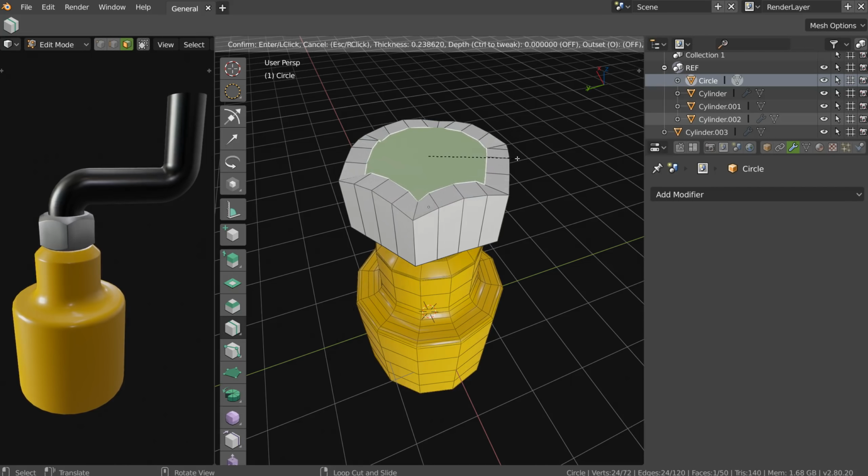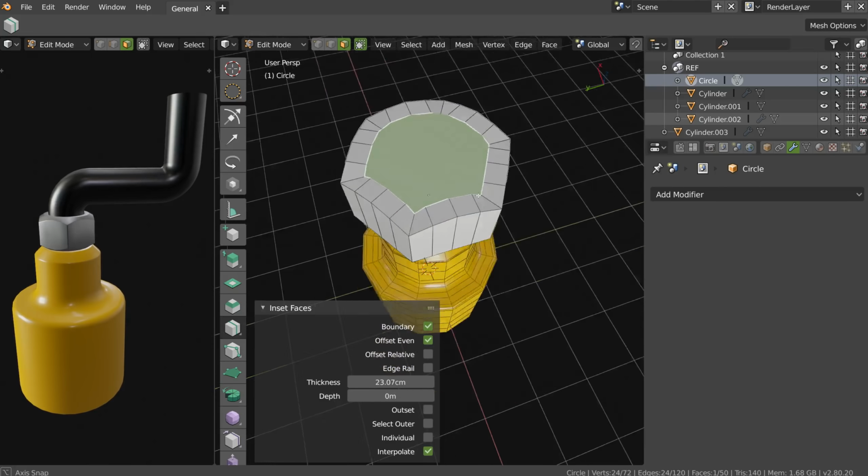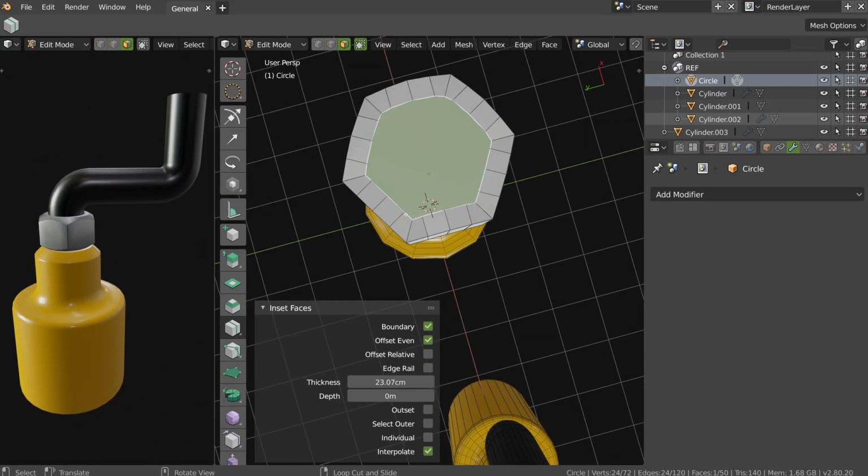So I have this, and now I have to go here and to make offset even, and in fact it was offset even, so this is not good. As you can see, yes, the offset is here. There is no option to keep the distance, the space between each point.